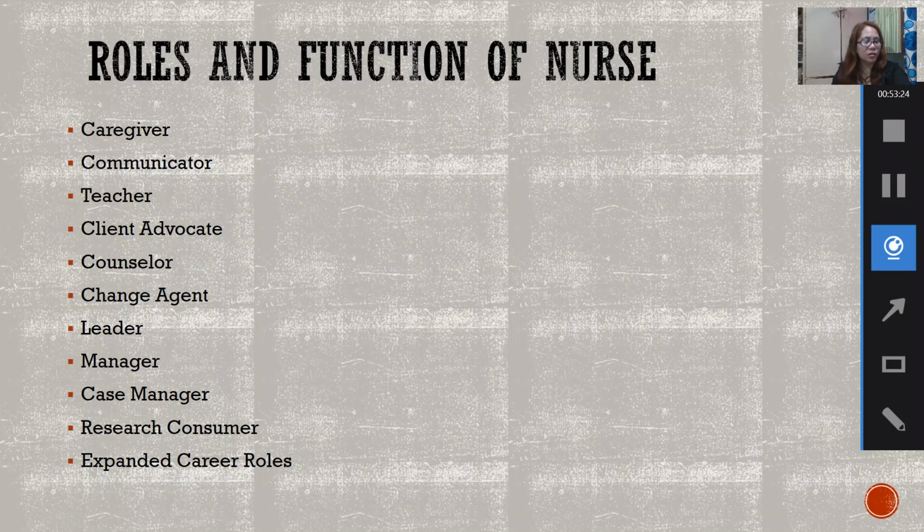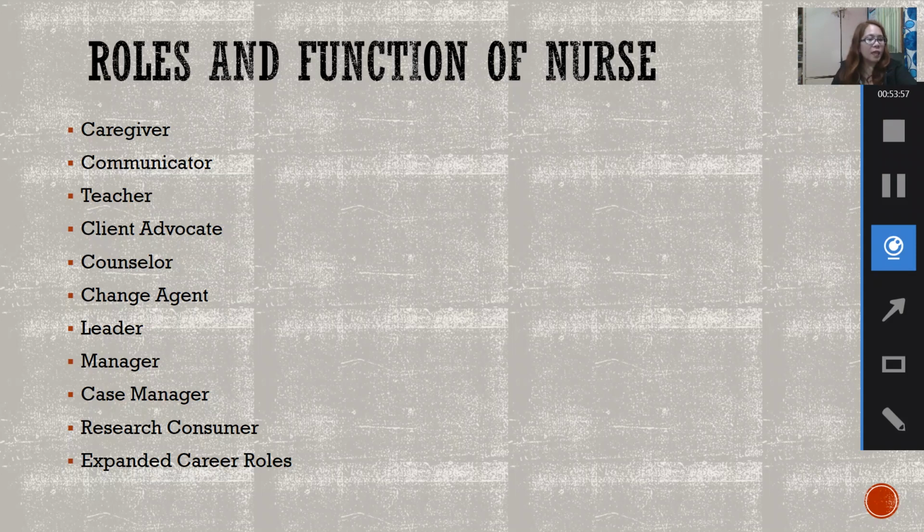So, you are a teacher, you are giving health teaching to the client. And as a client advocate, you have to act to protect your client, to protect the right of your client. You have to help your client to exercise their right and speak up for themselves. Okay, so may gusto silang sabihin, hindi lang naman puro sunod lang sila sa kung anong sasabihin ng doktor, ng nurses sa kanila. So dapat din pakikinggan nyo rin sila kung ano yung saloobin nila.